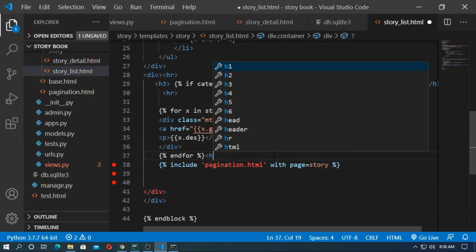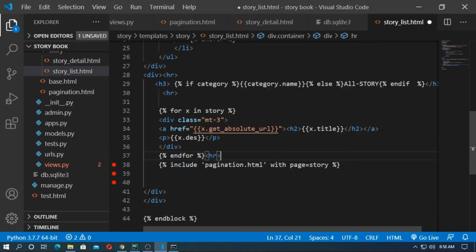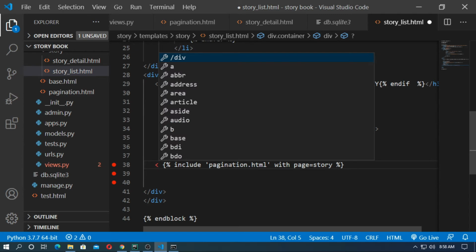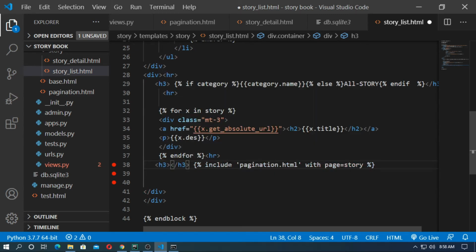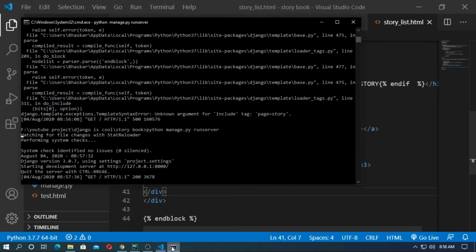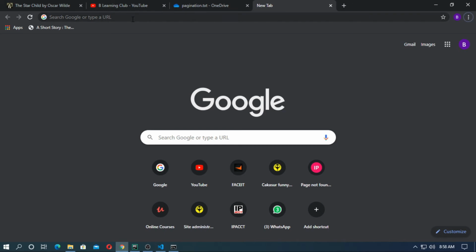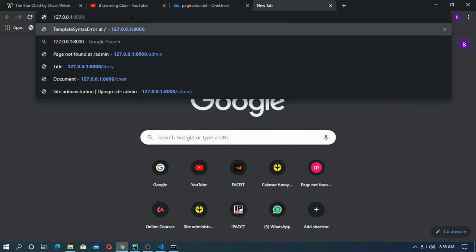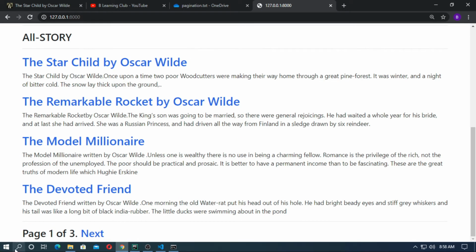Here I just add an hr tag and just increase the size of the text. So just add an h3 tag. So now save it and run the server. Okay, and go to the browser and now type the localhost. So you can see the pagination has been added here.